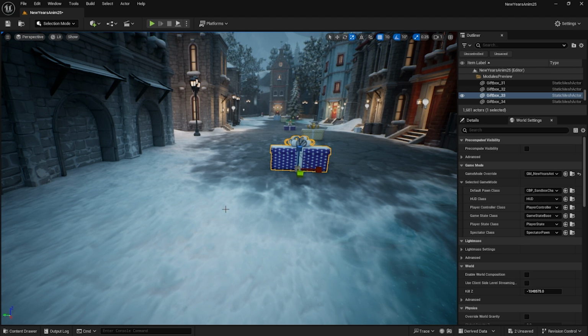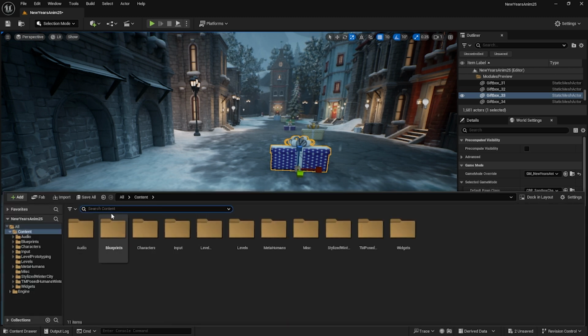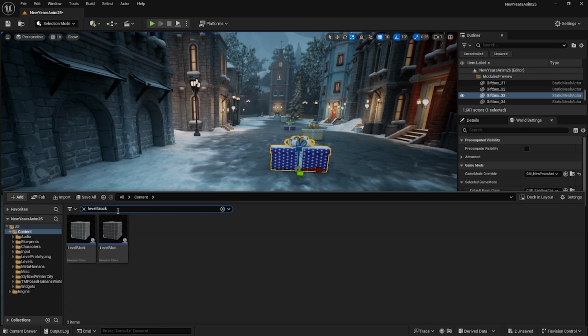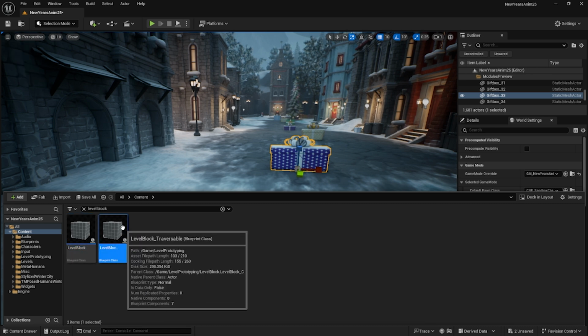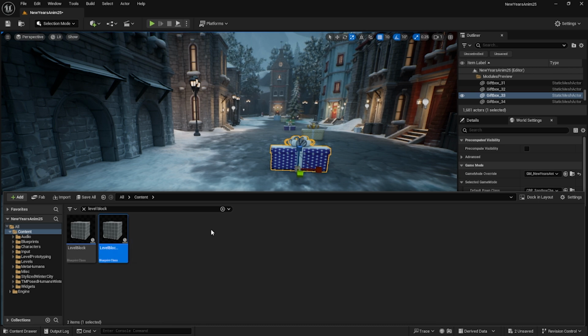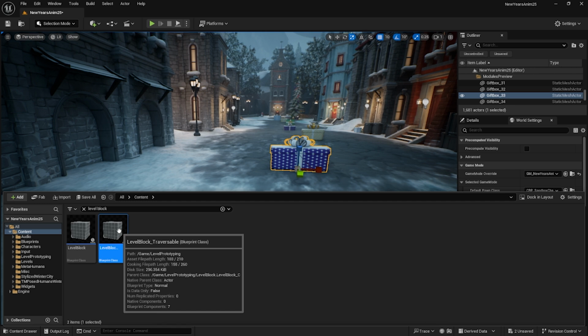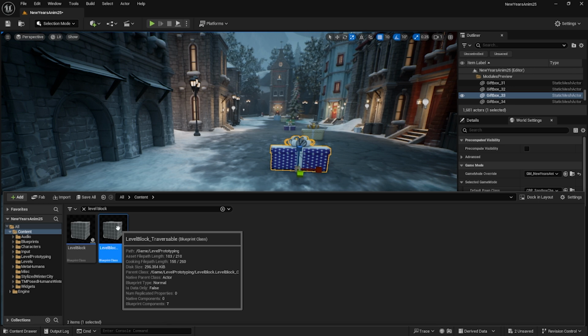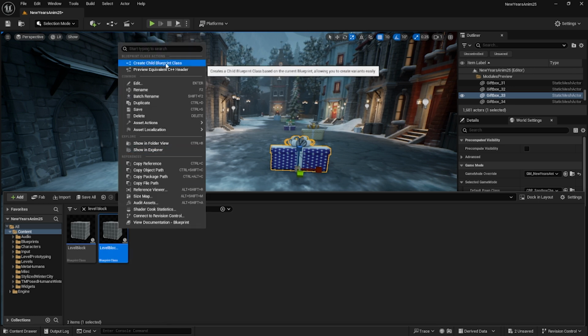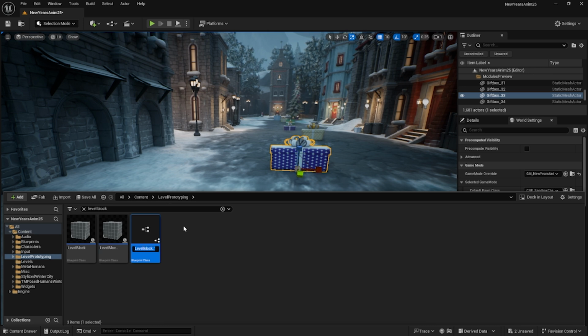Now we open our content drawer. We will look for the level block. As you can see, there are 2 level blocks. One is traversable, the other one is not traversable. We are looking for the traversable level block. So basically, what you can do is use this one and create copies of it, or create a child of this one. To make these things non-destructive, let's work with the child one